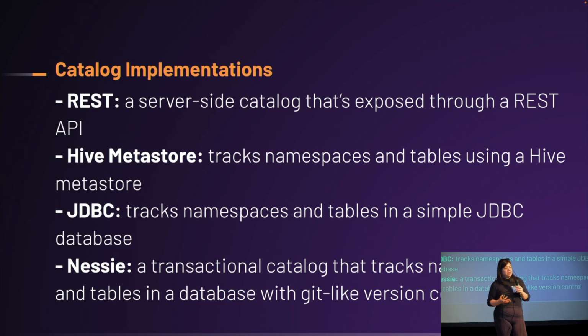So actual catalog implementations, again, kind of an overview. We're seeing Rust now, so it's a server-side catalog that can be exposed through a REST API, but you still have to have a service that does that and a backend store. Hive Metastore, which we talked about as well, is a file-based catalog, and then JDBC uses mostly SQL tables to track these changes. And then Nessie, which did something really interesting, which was move in a Git-like direction to track these